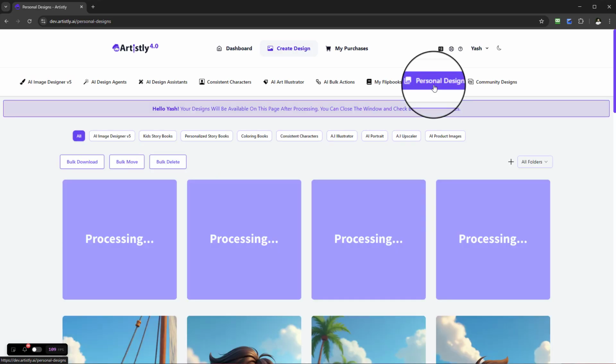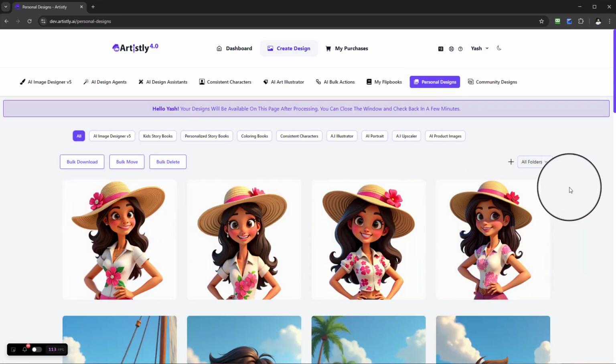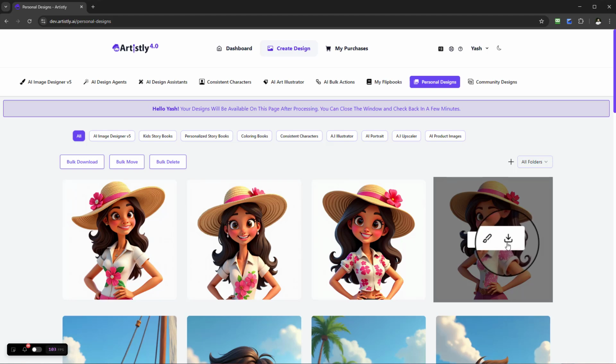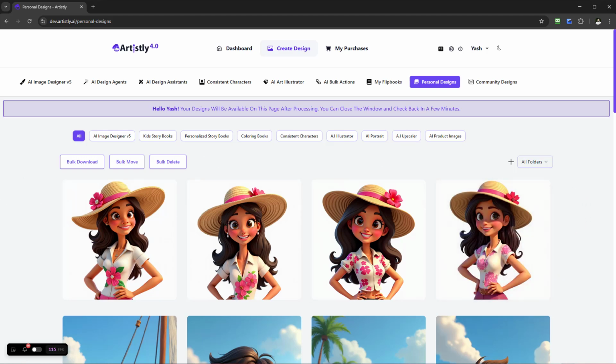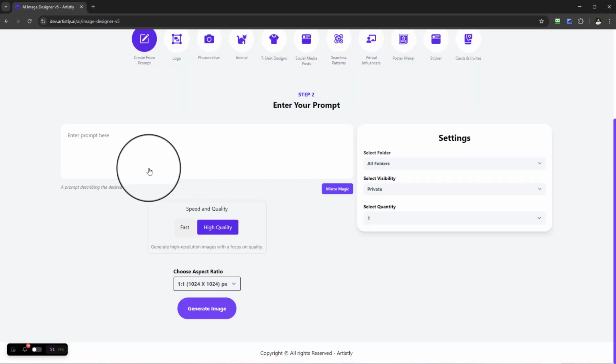So if I go back to personal designs, let's have a look. Here we have a recreation of the image I took from the internet. Now let me find another really good one just to show you this. So, Mirror Magic, let's find something else, like an ultra realistic model. Okay, so if I open that,